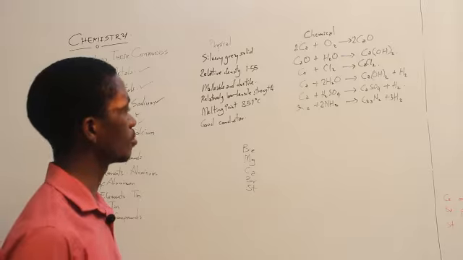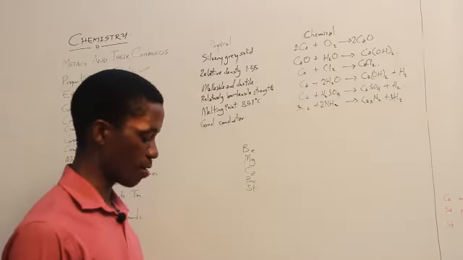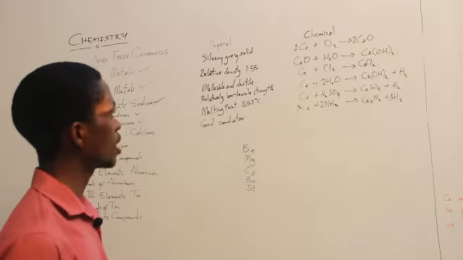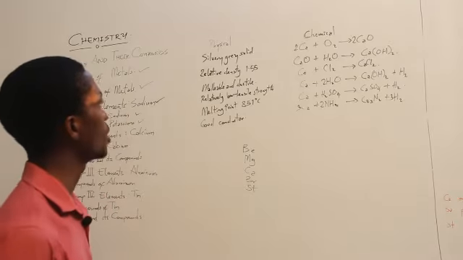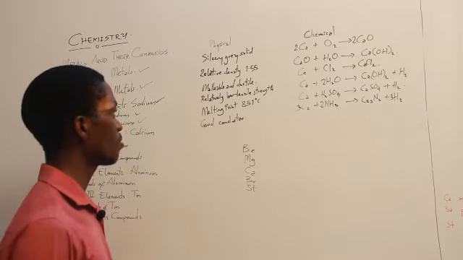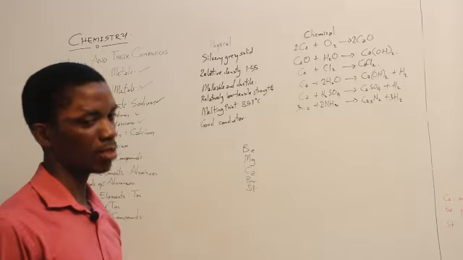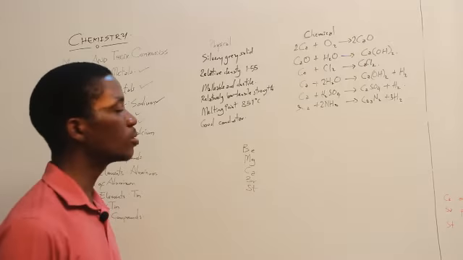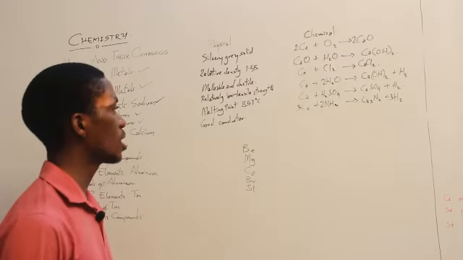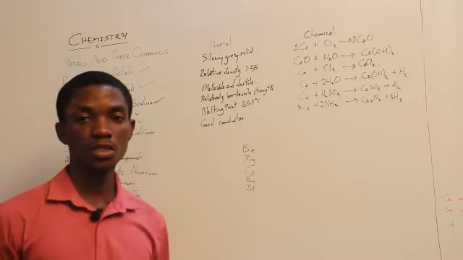But let's look at one of them, which is calcium, as our focal point. So for calcium, the physical appearance in its natural state is a silvery gray solid. It has a relative density of about 1.55, which means it is denser than water, and that means it will sink. It is malleable and ductile, and also it has a relatively low tensile strength. It has a melting point of about 851 degrees Celsius.